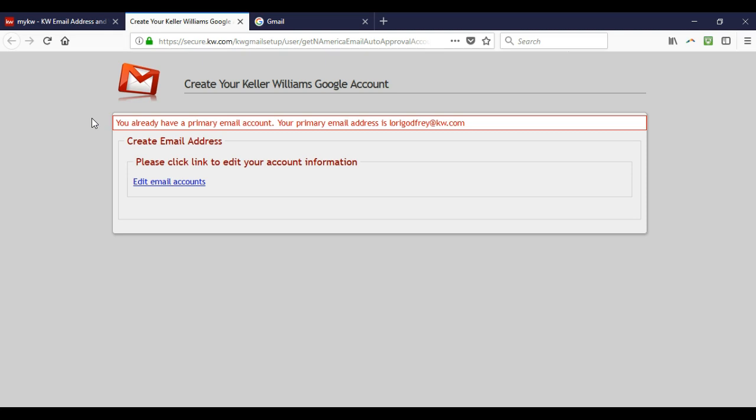Now, if yours is not set up, then it would give you an option on this page where you can create your own KW.com email, typically based on your first and last name. Or it'll give you a link where you can create a custom one. So feel free to go through and set that up if you'd like to. We usually talk about it in our 3-hour class, but since we're under time constraints for the 1-hour class, I'm going to bypass that real quick. But one thing to note, there is a link on here where it says Edit Email Accounts. So under Edit Email Accounts, if we click on this,